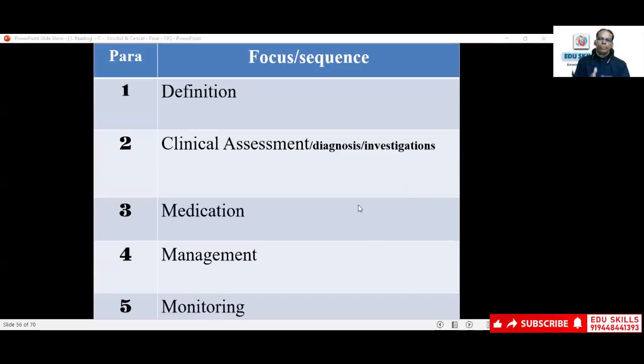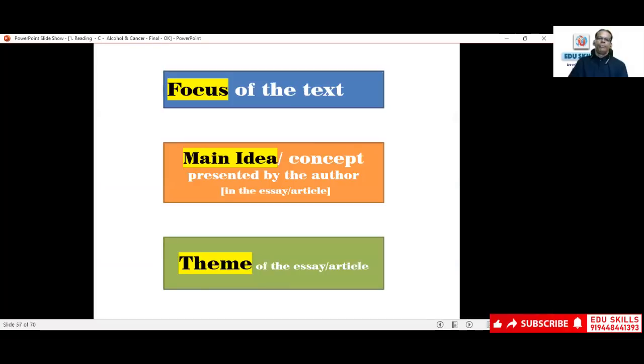So here also in Part C, in a similar way, there is no thematic link between the 2 texts, but within the text, between the paragraphs, there is a clear thematic link, as I explained to you. There is a sequence between the paragraphs. So when you understand the first paragraph and get the answer for the first question, the other paragraphs are easily connected and interlinked, and you can understand them better. So always focus on the sequence. Okay, fine.